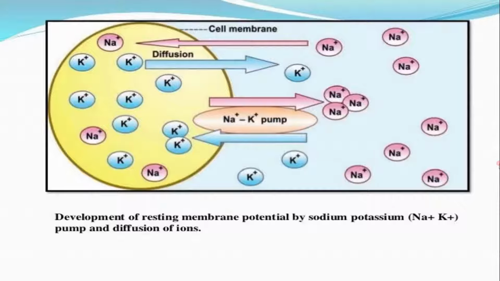Say in a neuron, it is minus 70 millivolt. In a skeletal muscle, it is minus 90 millivolt. In the conductive tissue and contractile tissues of the cardiac muscle, it is minus 90 millivolt. In the pacemaker tissues of the cardiac muscle, it is between minus 55 to minus 65 millivolt. In the smooth muscle, it varies between minus 25 to minus 50 millivolt. So you can see in different tissues, the resting membrane potential can be different. We will just recapitulate a bit about the resting membrane potential.